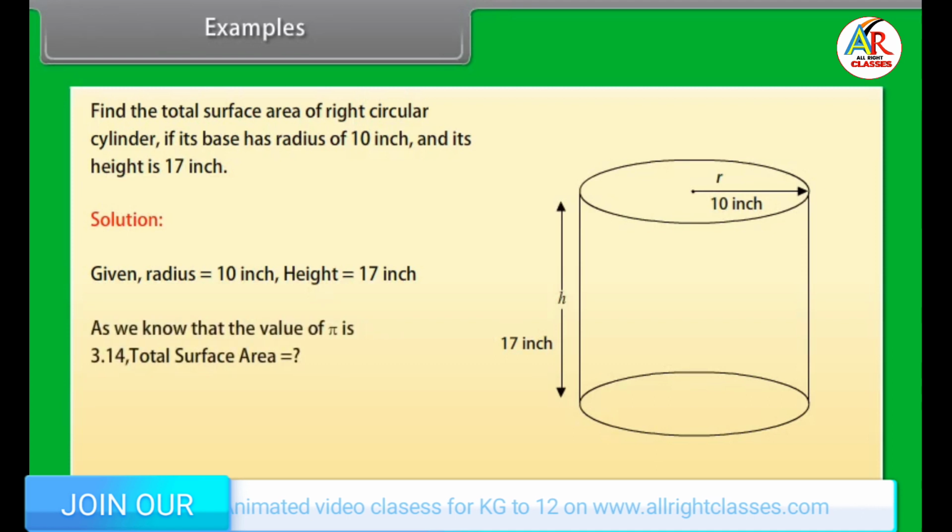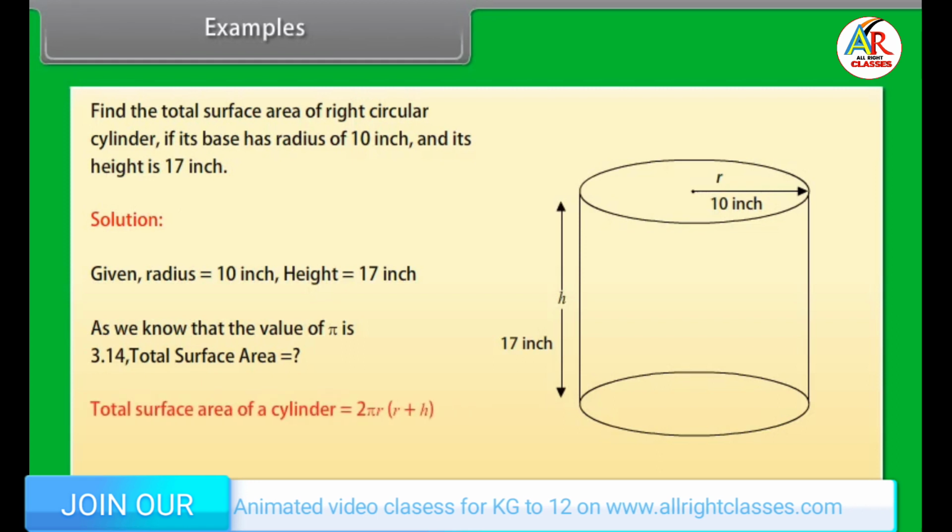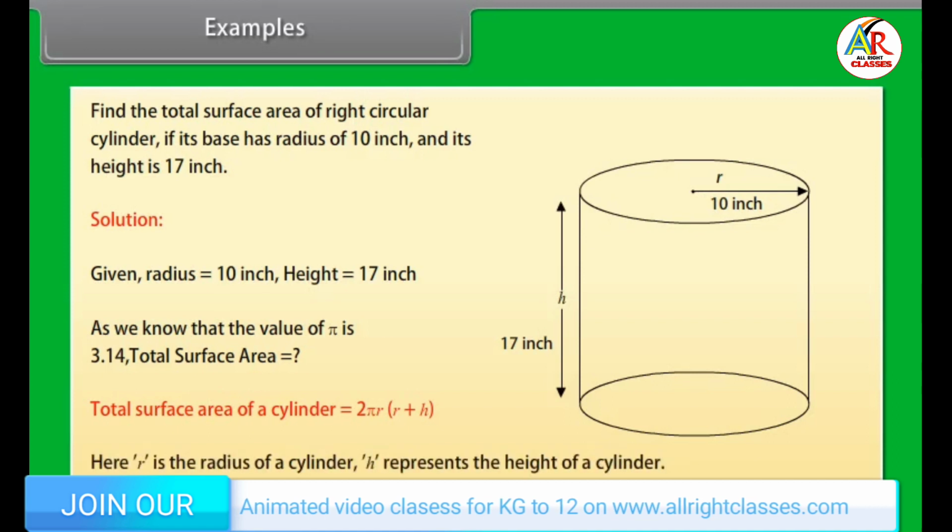This is equal to 2 pi r square plus 2 pi r h, which is equal to 2 pi r into (r plus h), where h is the height of the cylinder and r its radius. Example: find the total surface area of a right circular cylinder if its base has a radius of 10 inches and its